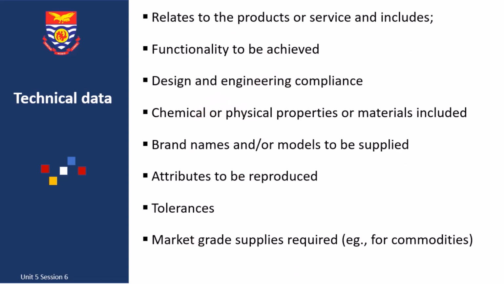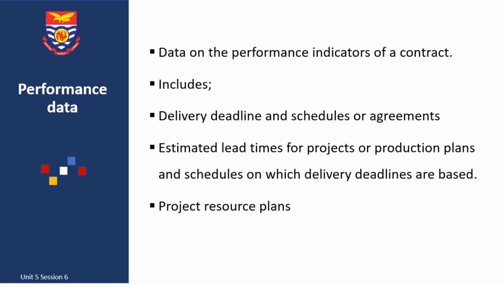So you can see that this relates to the aspects of the products or services that is expected to be provided by the supplier. And then move on to performance data, and this data is in terms of the performance indicators of the contract, and it is critical in effective contract administration and management. It refers to data on performance which are especially needed and used in contract management, and it includes delivery deadlines and schedules or agreements, estimated lead time for projects or production plans and schedules on which delivery are based,